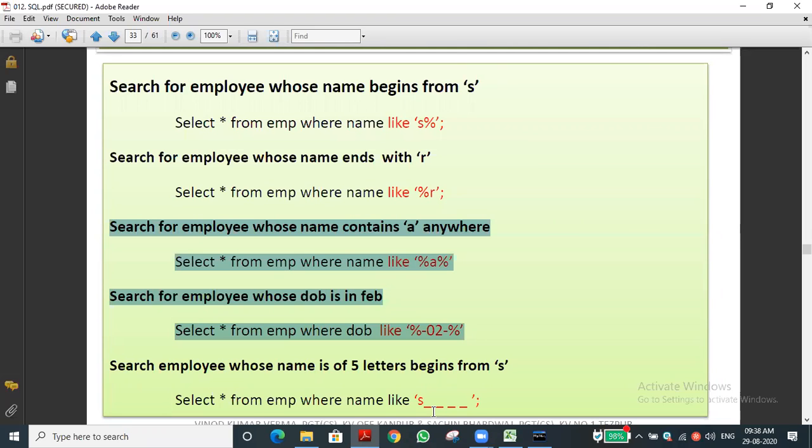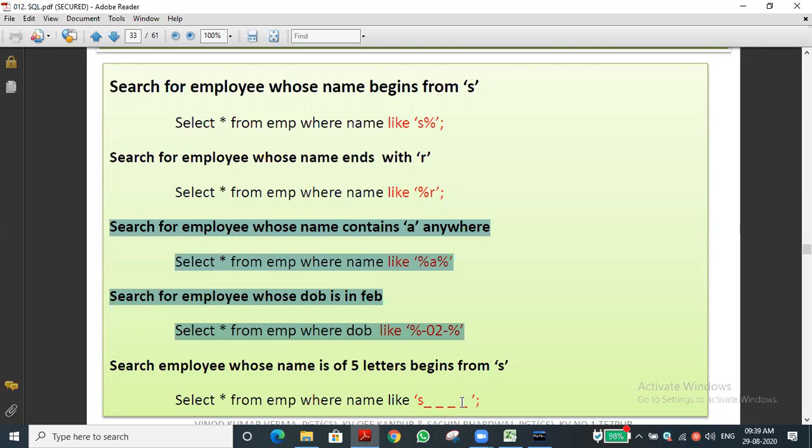For example, Shanta Kumar: if the name is there, it won't display, because although it starts with the letter S, it is too lengthy. It's not five characters. Have you understood that? For example, if Shiva is there, SHIVA, definitely it will show. Another one, Surya, SURYA. It will display.